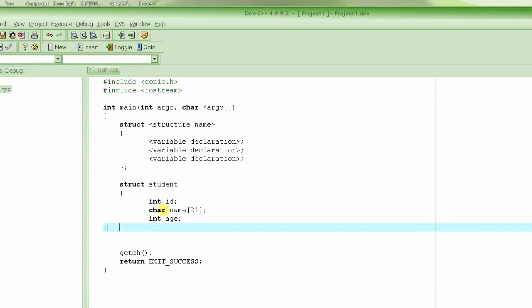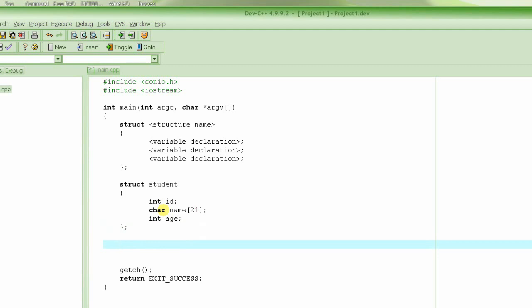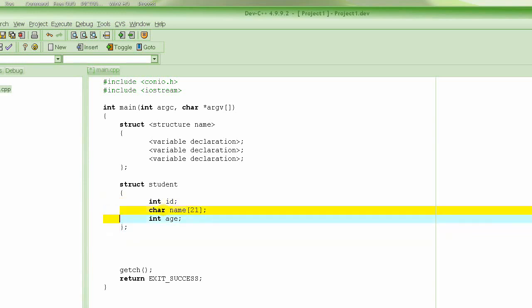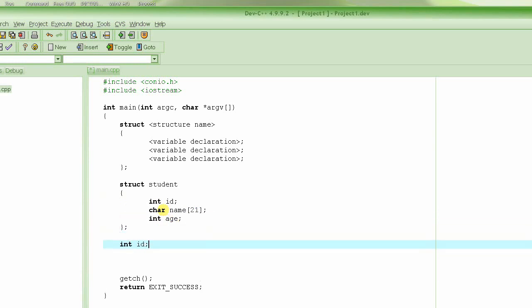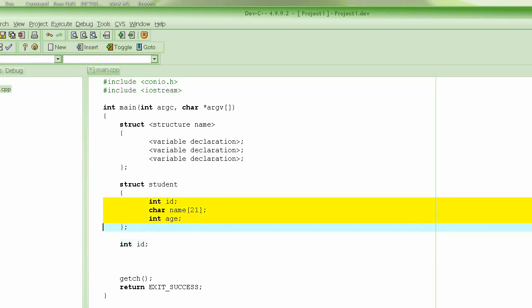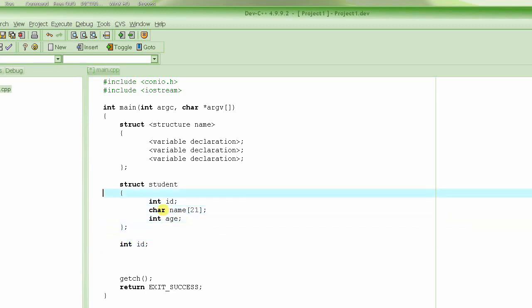There we go. So this declares this structure, the same structure that I just drew before this. And then after that, this just declares the structure. It doesn't declare any variables for this structure. It doesn't declare this variable ID. It doesn't declare this name string. It doesn't declare age. So if I declare an ID here, now this declares a variable ID. It just gives a template of how the structure would look if a variable is created